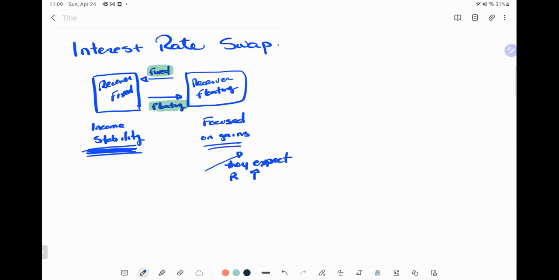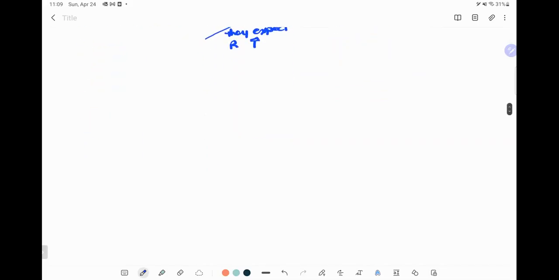So both are happy, but there is one rate that needs to be decided, and that is that fixed rate. So what is that fixed rate that will make sense to both of these investors so they agree on this swap, right? And we need to discover that. So very quickly, let's just think of when a floating rate and a fixed rate are sort of matched. And we can think about this when